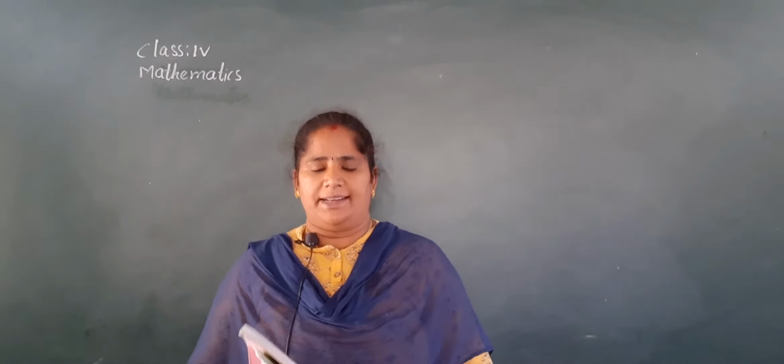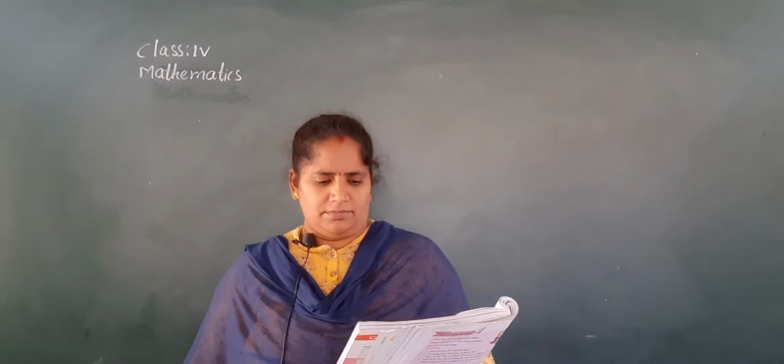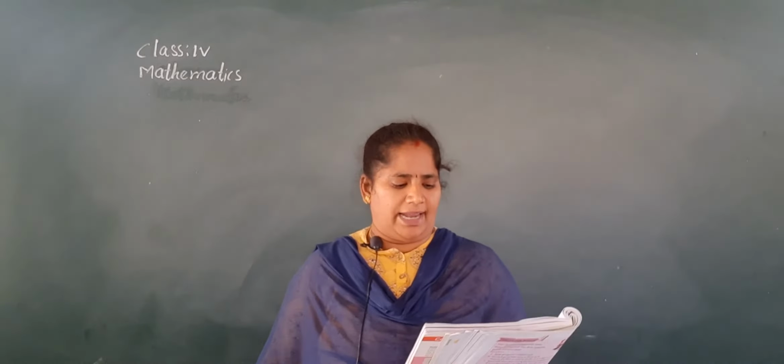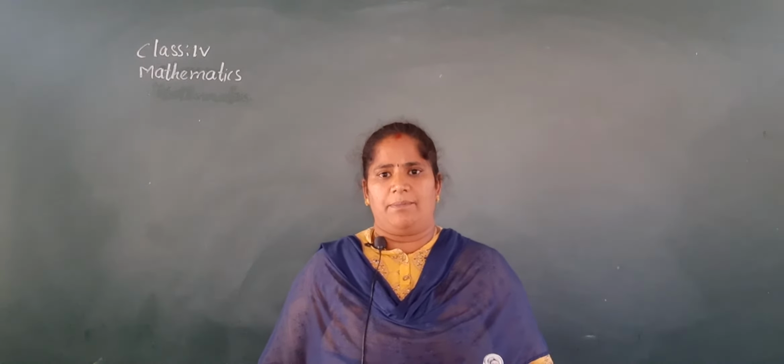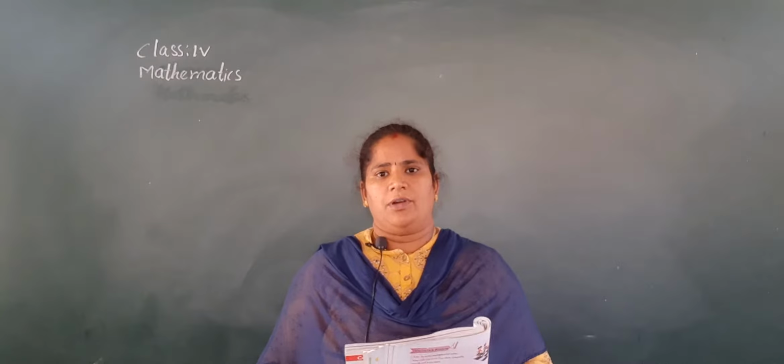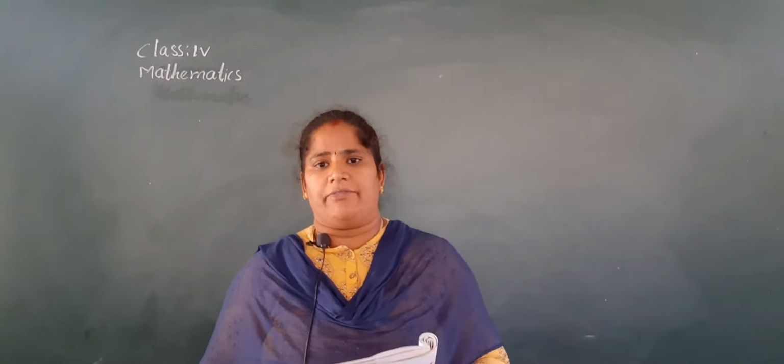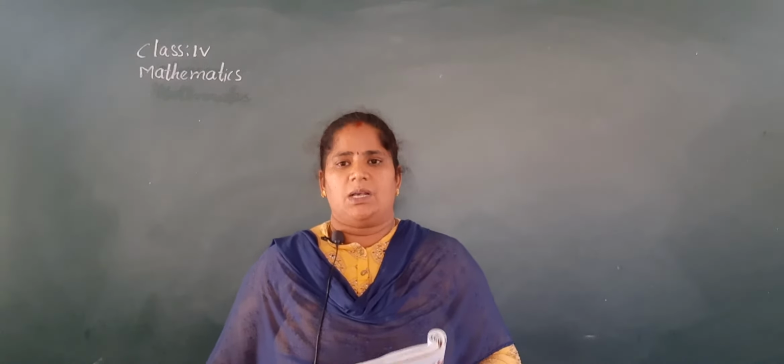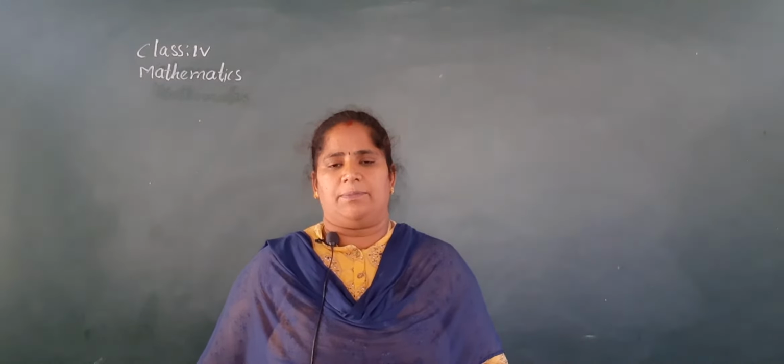So are you completing the textbook? See here, in the previous class I gave the A, B Romans, no? Did you complete it? Okay. And you have to write the classwork neatly, without mistakes. Okay? So once again we revise what we discussed in the previous class.